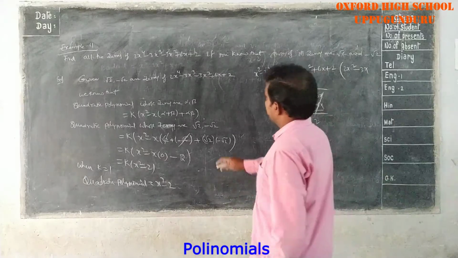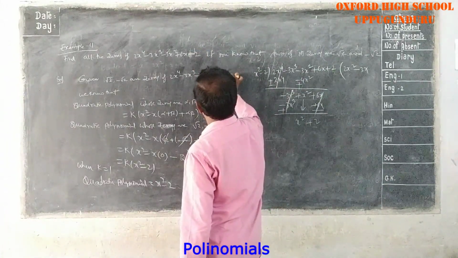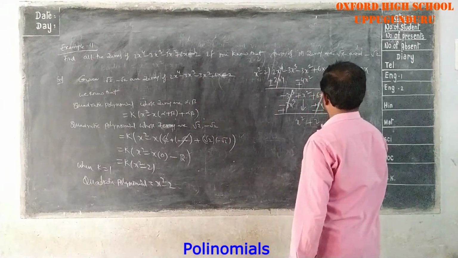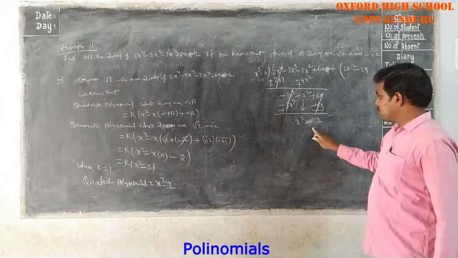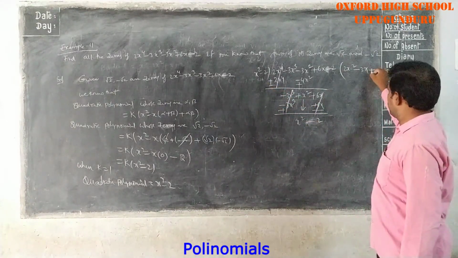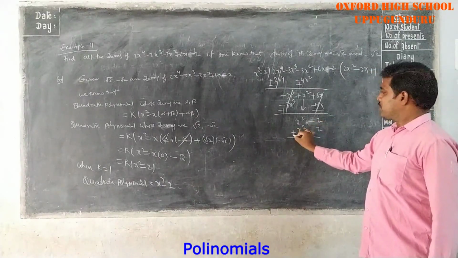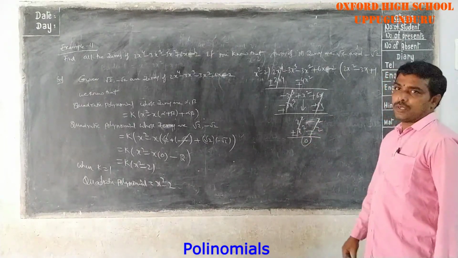So in the problem they give minus 2 here. So here x square minus 2 is there, here also x square minus 2 is there. So x square minus 2 once, x square minus 2, plus becomes minus, minus becomes plus, these two get cancelled. You will get remainder 0.